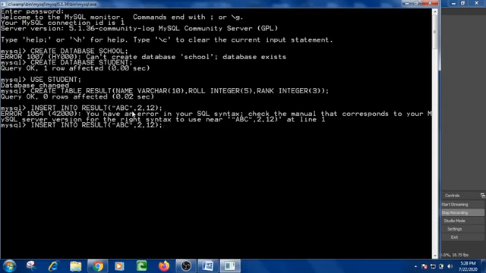Insert into result, then go back, suppose that ABC I have written, then double quotes, again comma, again suppose that roll number 1 is given here, comma, then again rank I am giving 23.